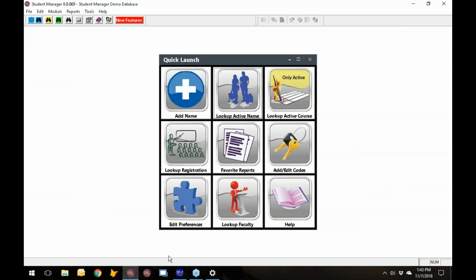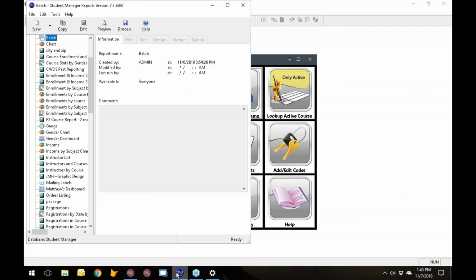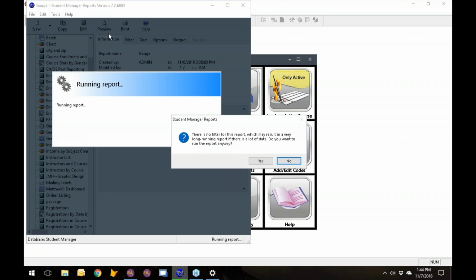That's everything in Student Manager, but I wanted to show real quick the Report Wizard. For those of you that have the Report Wizard, Stonefield just released 7.2 earlier this week, and since the 7.0 and 7.1 series, there have been some neat things that they've added. I wanted to show a couple of those real quick. If I preview gauge,